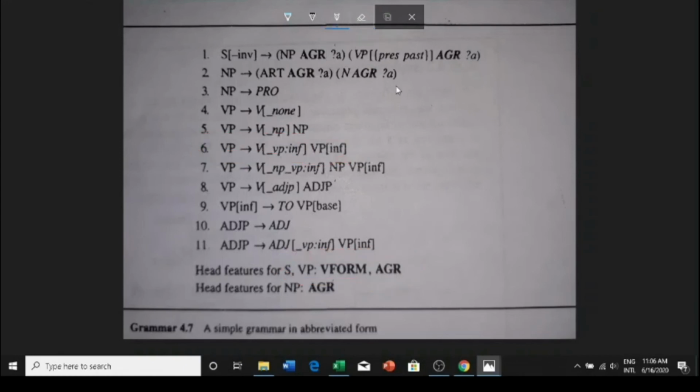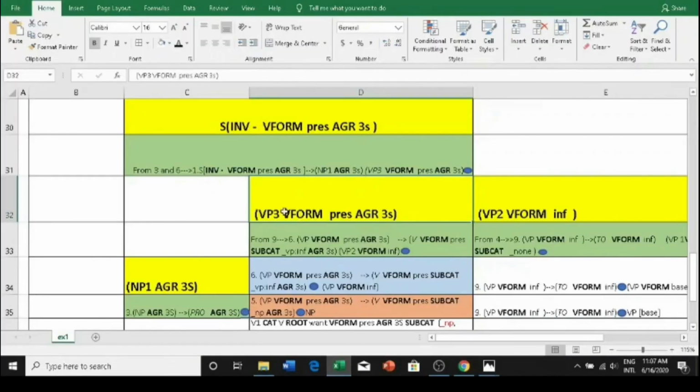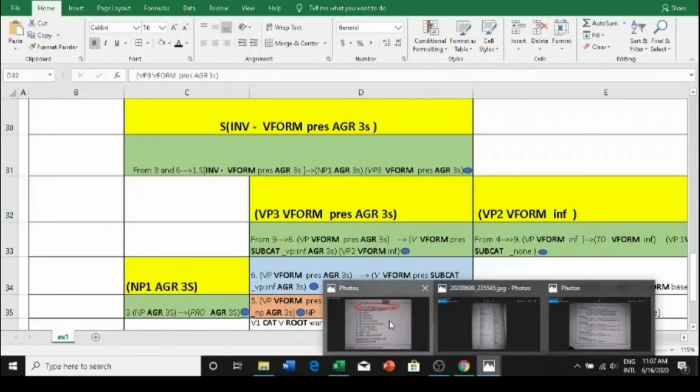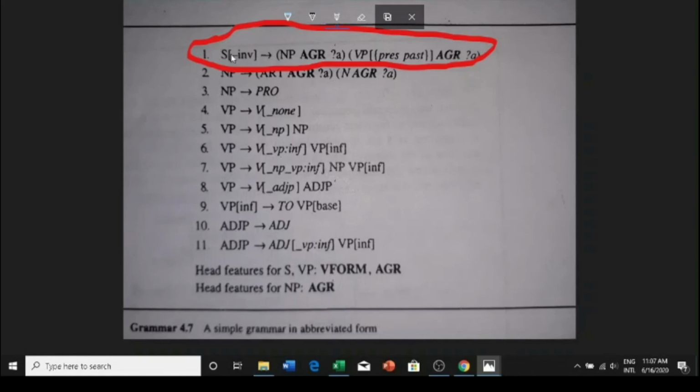We need an NP and VP, right? We have a rule, that is rule number 1, with NP and VP on the right. And here on the right, for VP there is a restriction. It is not subcategorization, it is a verb form restriction. It has to be either present tense or past tense. So we will see whether what we have got will match that. VP3 is present tense, so it is an obvious match. So this looks like a prospective rule for us, and we will again see the mother and head constituent on this rule, that is rule number 1.